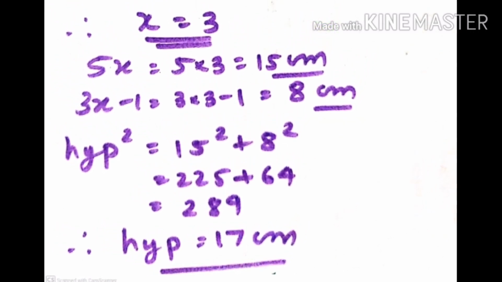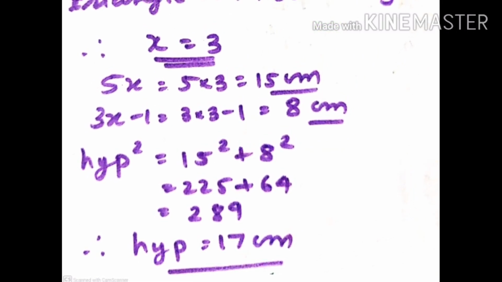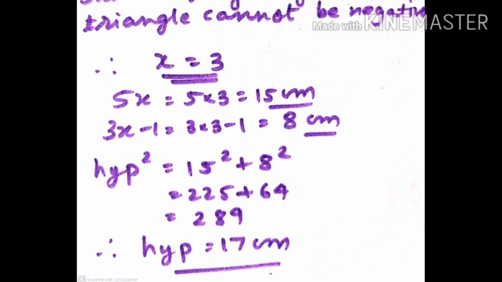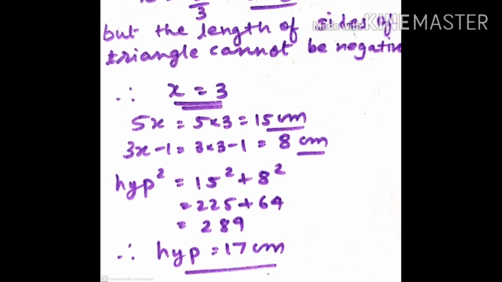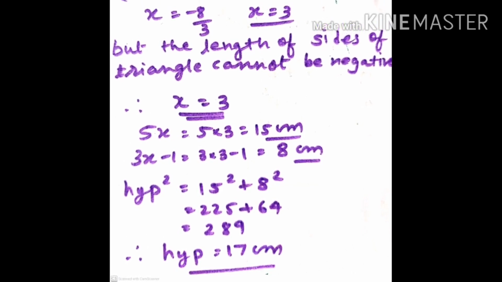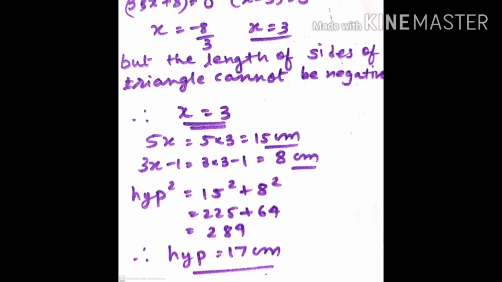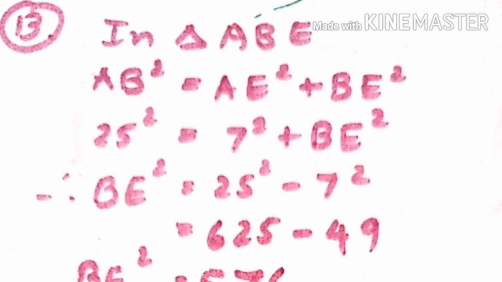Question number 13. We are given AB is equal to BC, 25 meter, and AE 7 meter, CD 24 meter. So find the length of DE and show that ABE and BDC are congruent triangles. So here students, you can see the figure in the question, it is already given. Two right angle triangles are formed and the values of the sides are also given. So first of all, I take triangle ABE. Using Pythagoras theorem, we find the third side, that is BE.